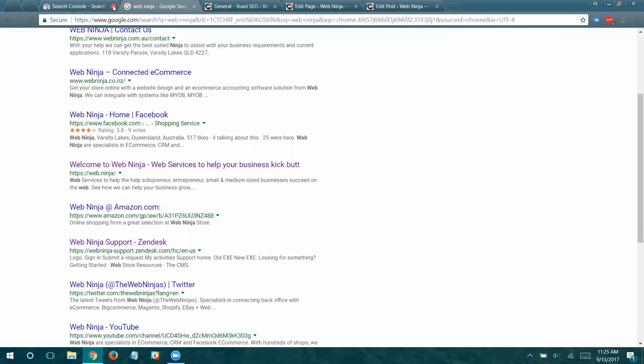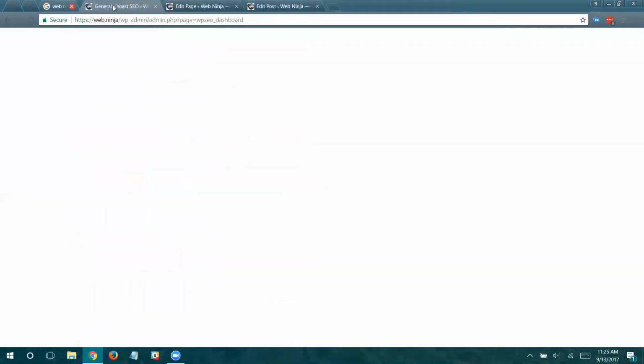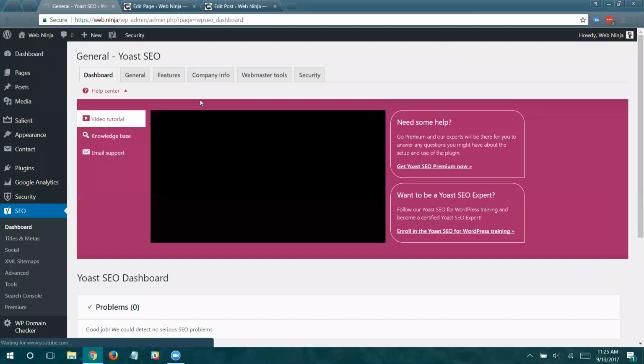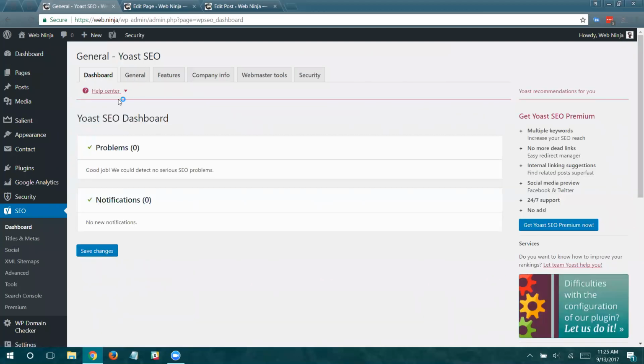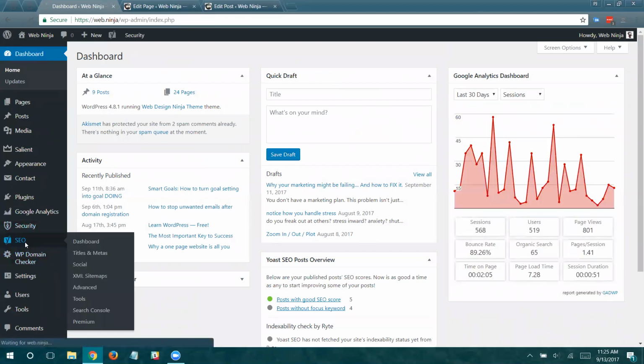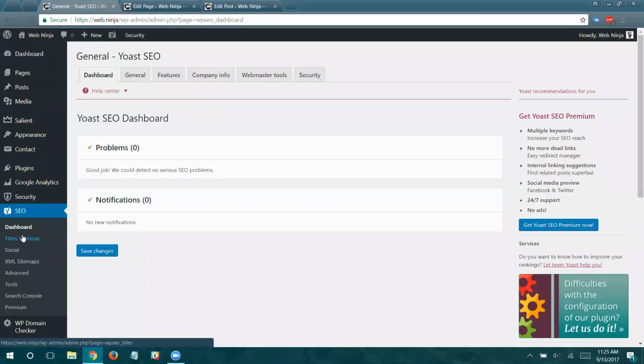So I think that's a clear enough description. So I'm going to skip a little bit of what I was going to talk about. Going to take you right to, let me just show you your dashboard when you first log in. And over here, once you install the Yoast SEO plugin, here's the dashboard for Yoast.